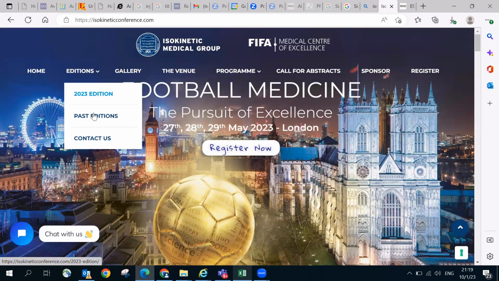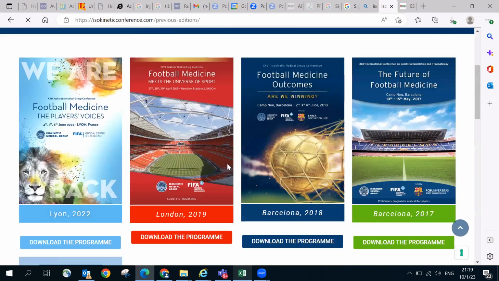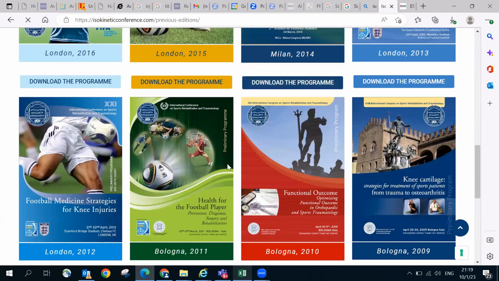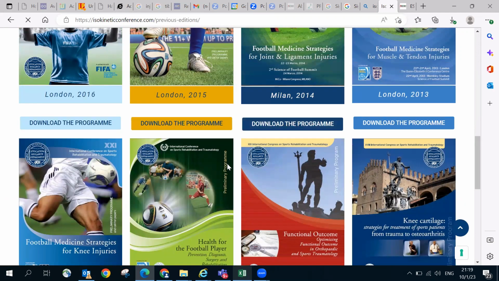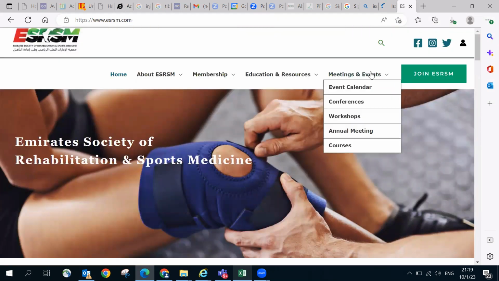When you click on past events, just like here, past editions, for us it will be past events. It will show you the old conferences. And everyone that finishes comes here. Okay. So you're going to provide this